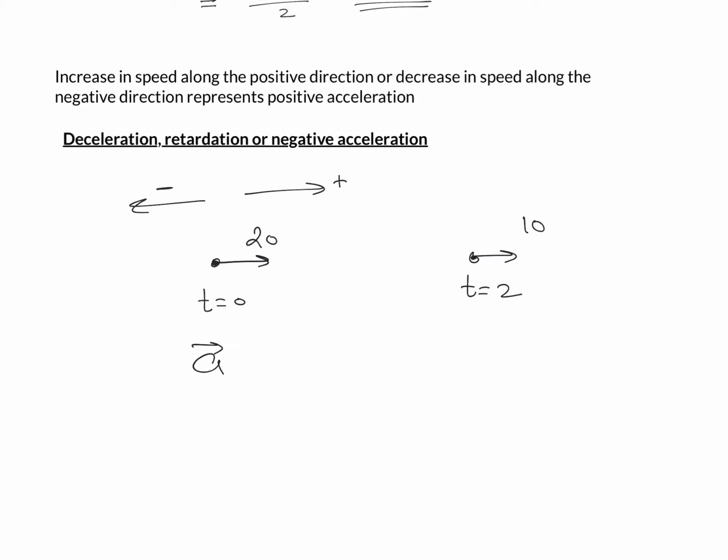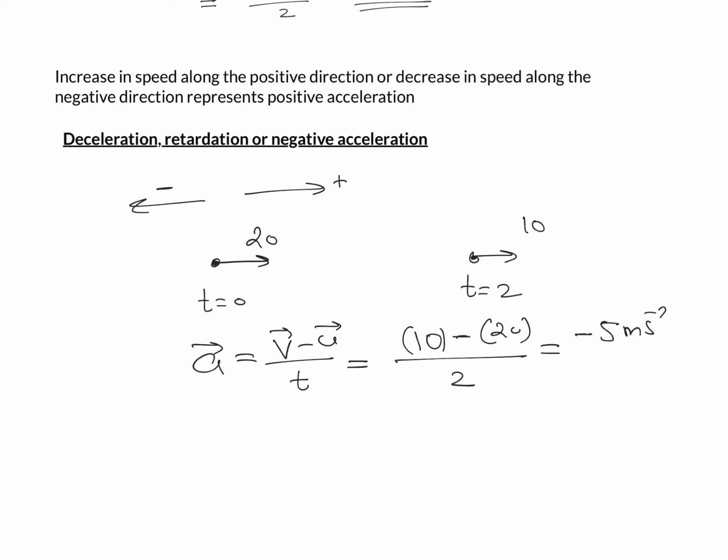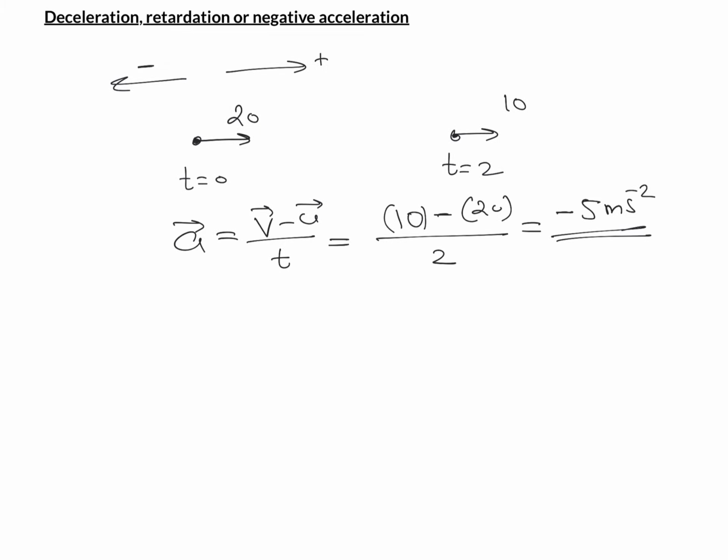In this situation, if you are finding out the value of acceleration by using this equation, v vector minus u vector divided by time, final velocity is nothing but 10 minus initial velocity is nothing but 20, divided by time taken, which is nothing but 2. So I'll get the value of acceleration as minus 10 divided by 2, that is minus 5 meter per second square. So over here you can observe that we are getting the value of acceleration as negative and the speed of the particle is decreasing. Now just consider another example.